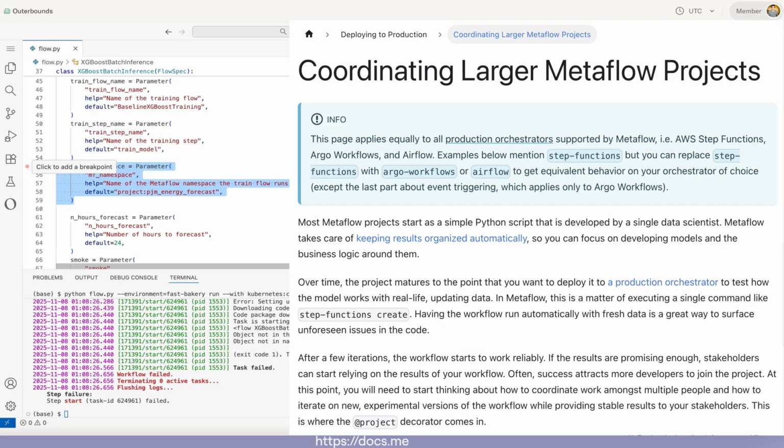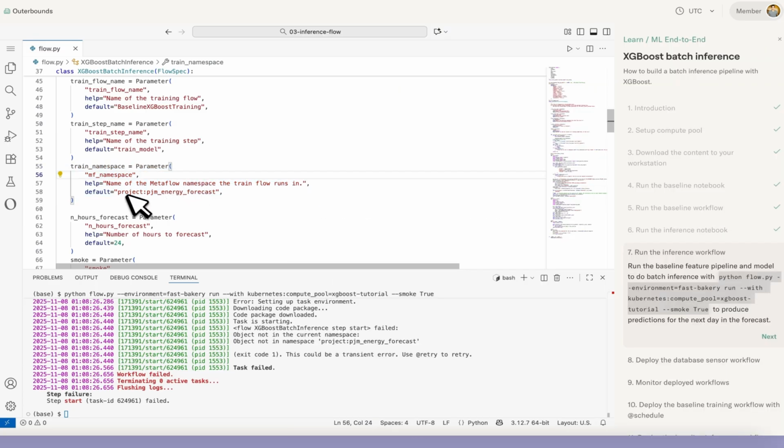There's one for prod, there's one for a test or staging environment, and then each different user has their own namespace where we run flows. This helps you not clobber other people's work. It helps you maintain stability and version control around these workflows in a similar way to how Git versions your code. So the upshot is that we're trying to pull from this PGM Energy Forecast project namespace,